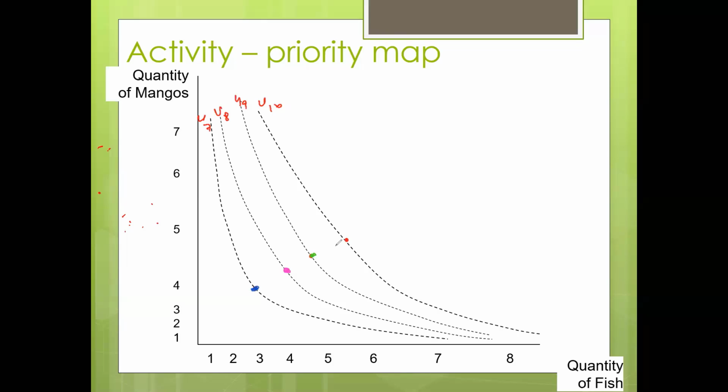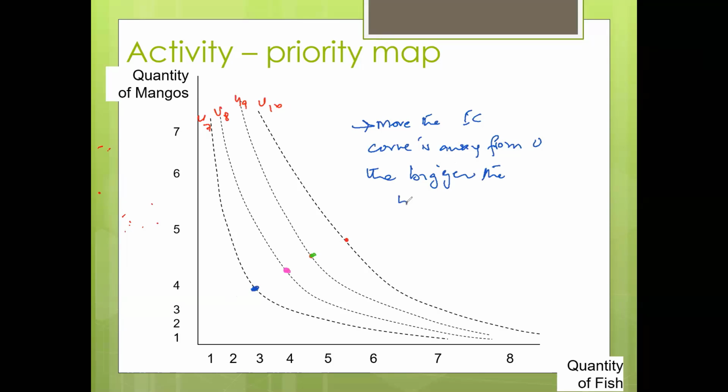So red is better than green, and green is better than pink, and pink is better than blue. And what is the logic? So the farther the indifference curve, the IC curve, is away from 0, the bigger